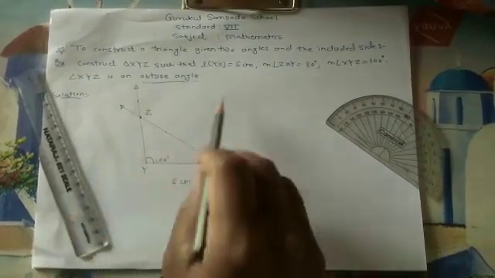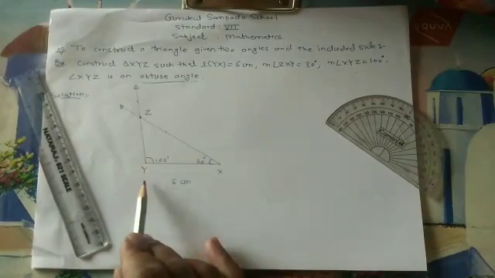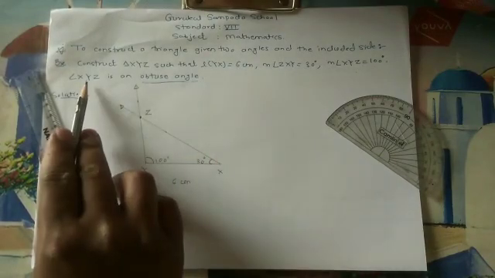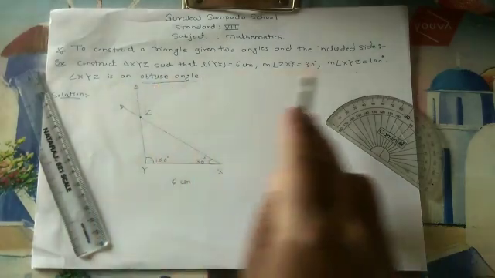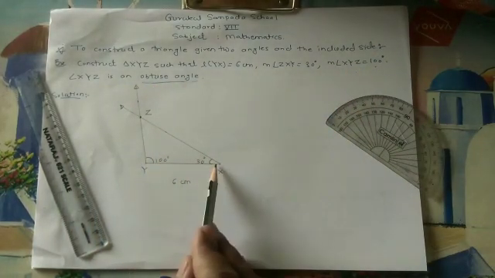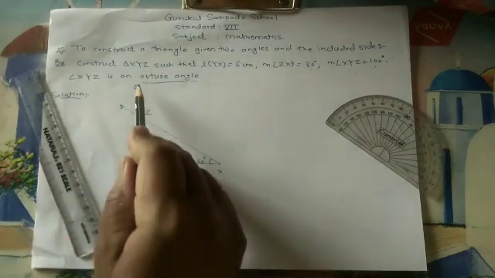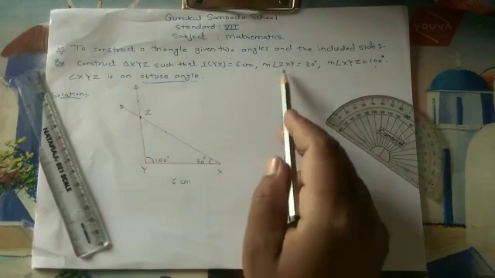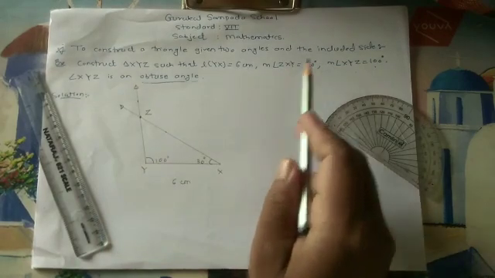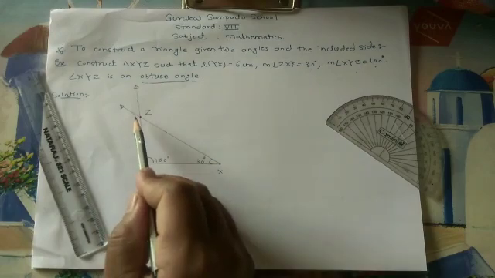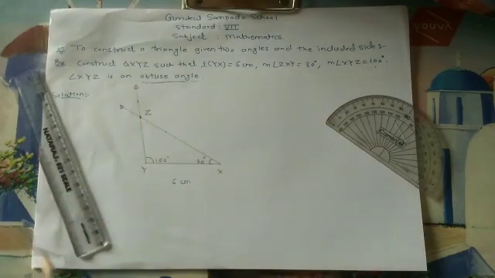Yes, so these are simple steps. First we draw the length YX, which is 6 centimeter, which is the base of the triangle. Second, it is given that angle XYZ is an obtuse angle and its value is 100 degree. So we keep the protractor at point Y, measure a 100 degree angle, then mark a line, okay. The next angle ZXY, which is given 30 degree. So we again take a protractor at point X, measure an angle of 30 degree, then again draw a second line.